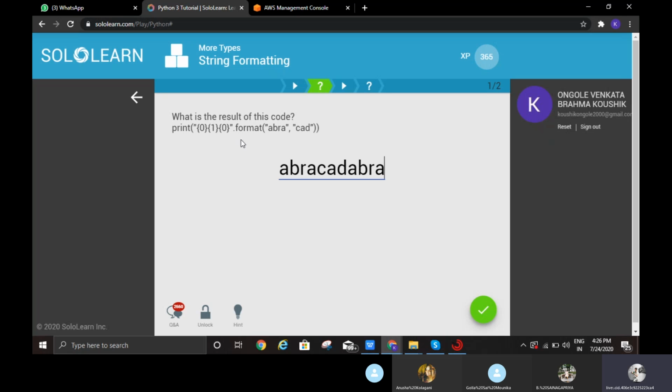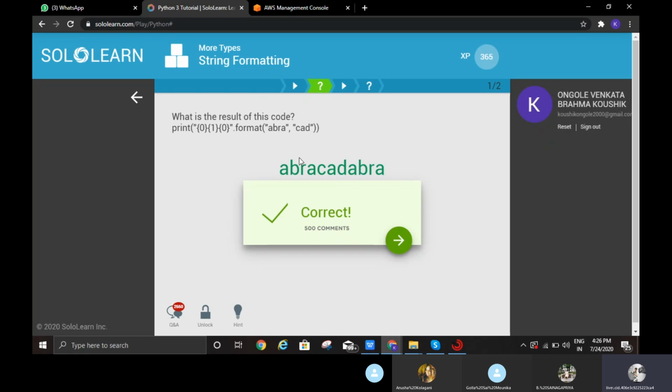Here 0 is abra, 1 is cad, and the next 0 is abra. So it prints like this: abra cad abra.